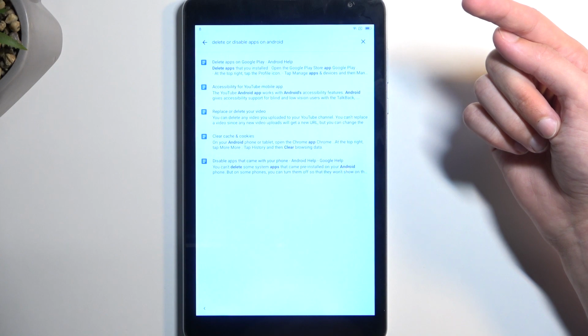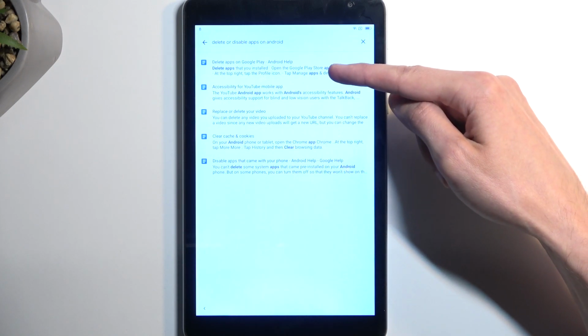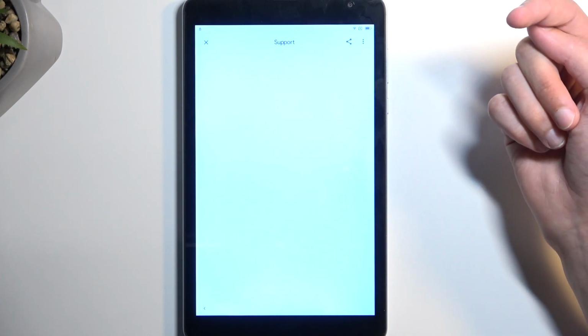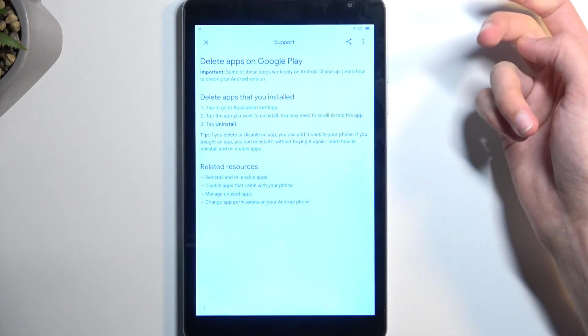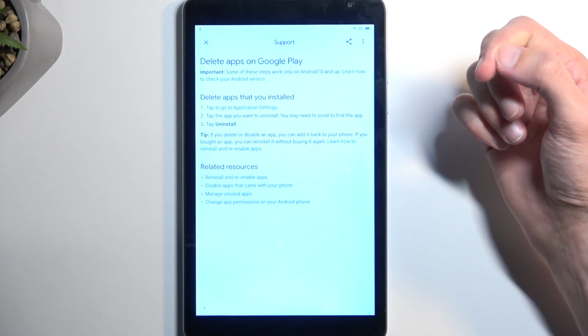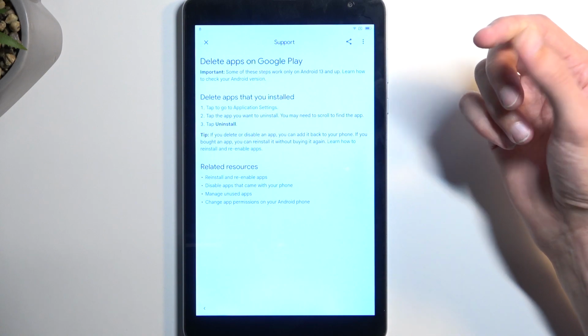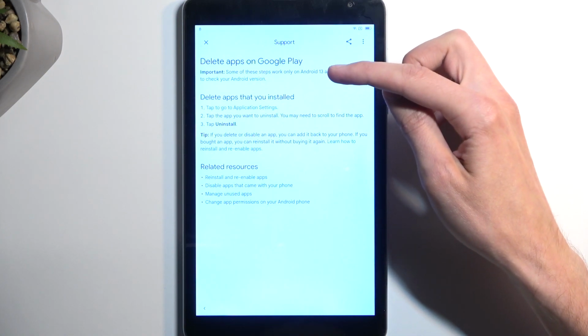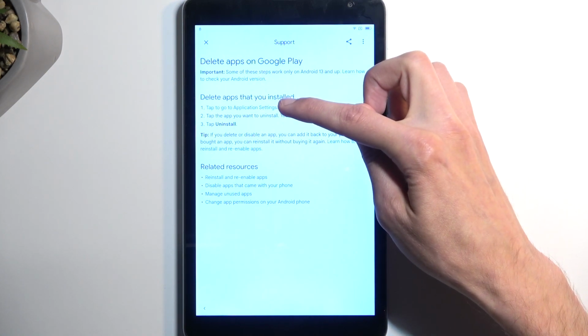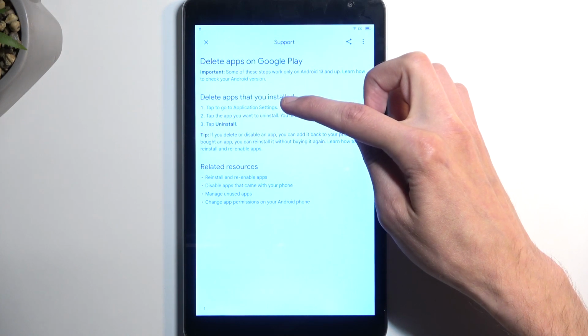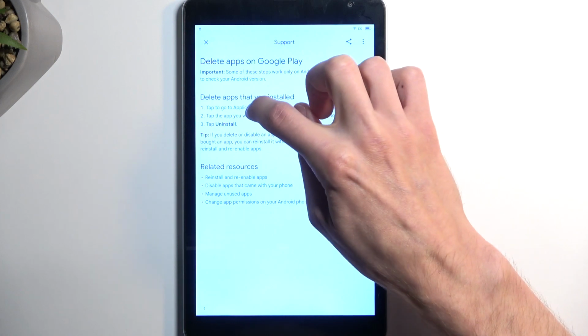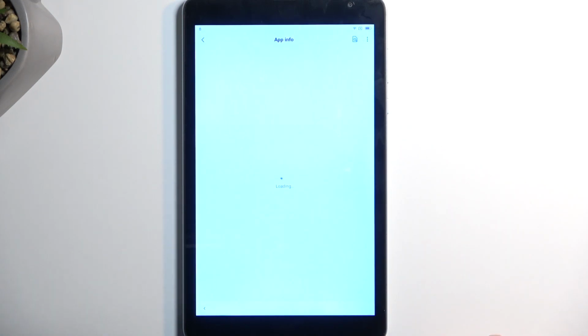Oh, but it does show it up here. So that's what we're gonna click on. So there we go. Now in here, we will now want to select the text right here, go to tap to go to application settings, and in here